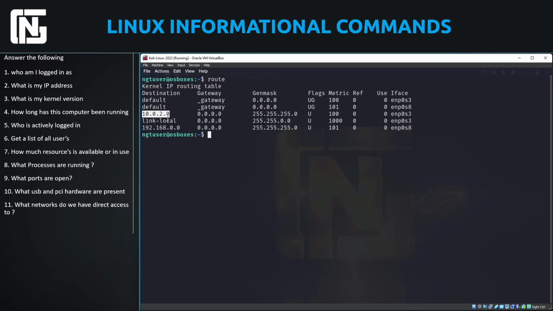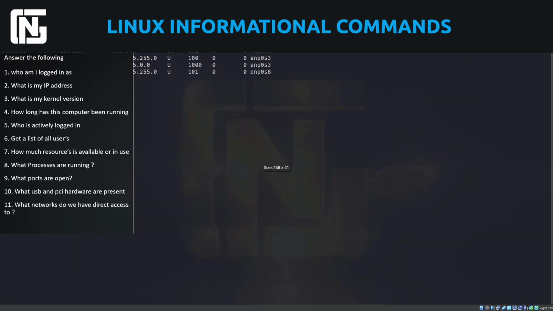And it looks like we have another network here, 192.168.0.0, and it was attached to enp0s8. And these enp names are essentially the default names for Ethernet devices in some versions of Linux. Different versions of Linux have different conventions. This just happens to have that convention, as opposed to,